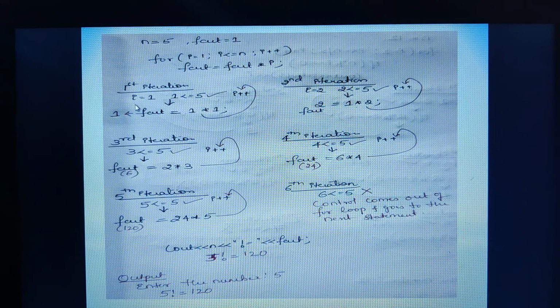Coming to the first iteration, what will the i value be? Assignment always takes place only once. So i is equal to 1. Then next control jumps to the condition checking, right? So whether 1 is less than or equal to 5. Isn't it, the n value is 5 here, children? 1 is less than or equal to 5. Yes, the condition is true. Once the condition is true, we enter into the true part of this for statement, which is this statement.